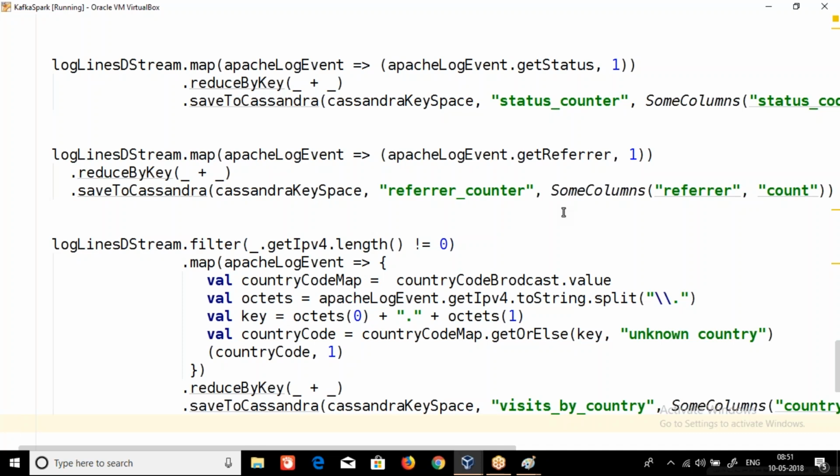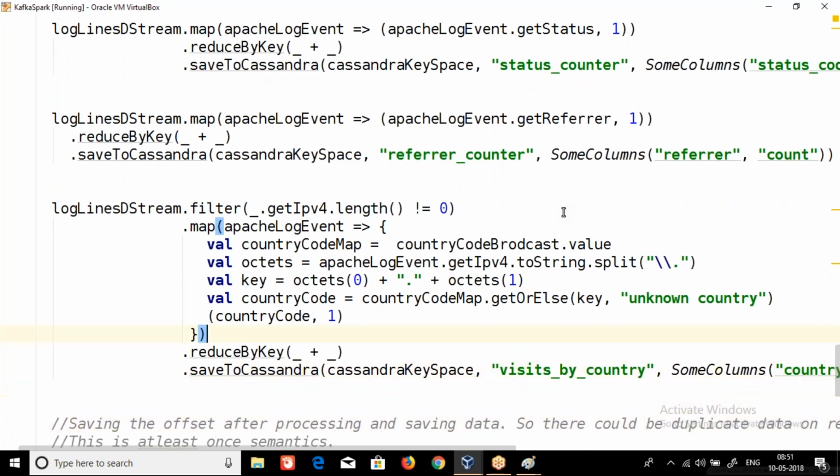Now the last one is visit by country. So visit by country, how do we specify? Again we have to take the IP address and figure out valid IP addresses. From the IP address, split it by dot. Take your IP address, split it by dot, because your IP address will be something like this: